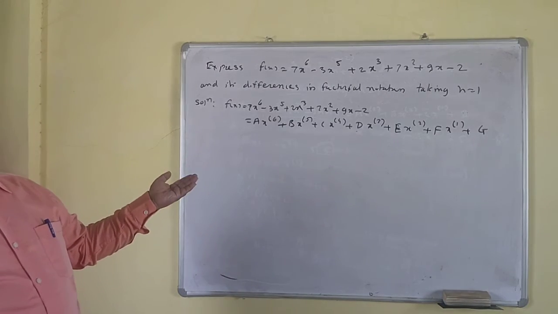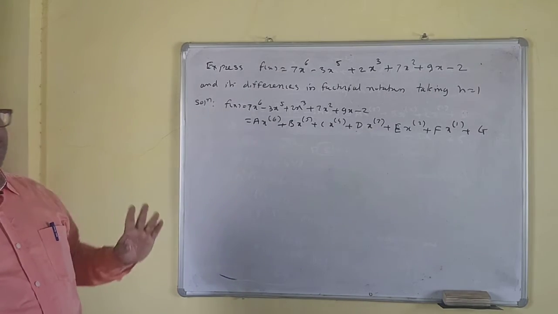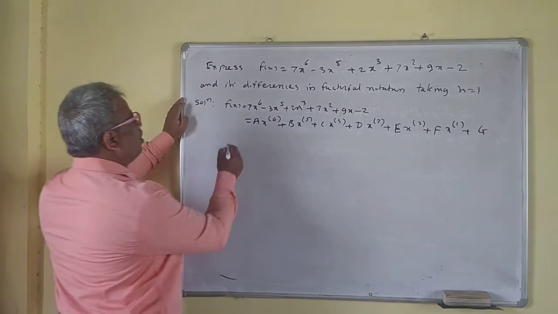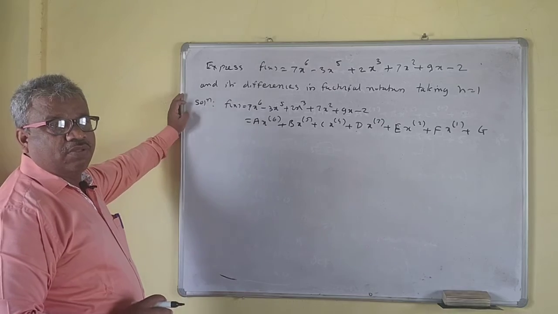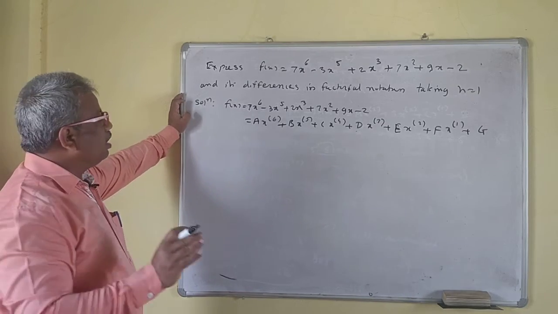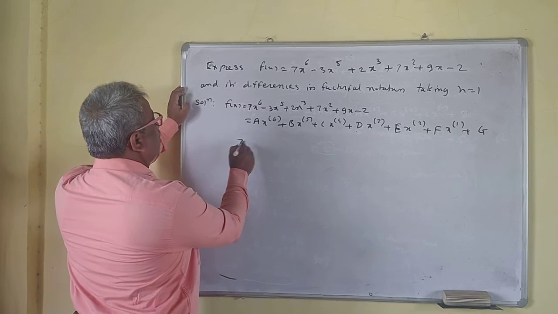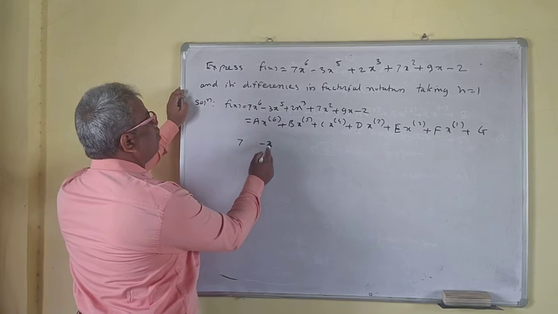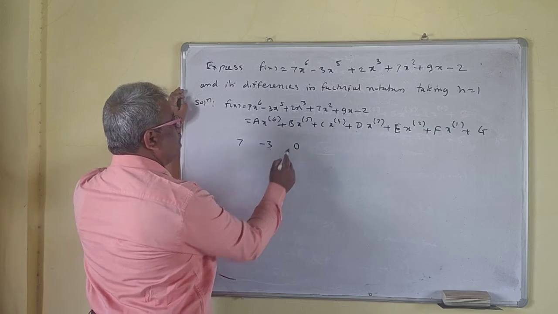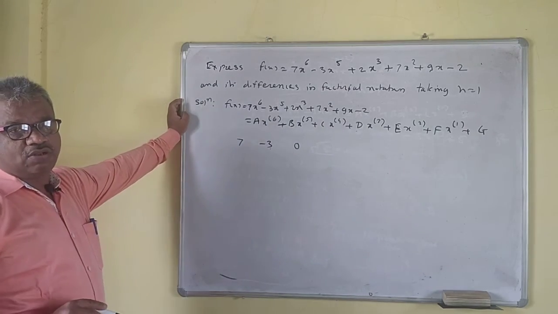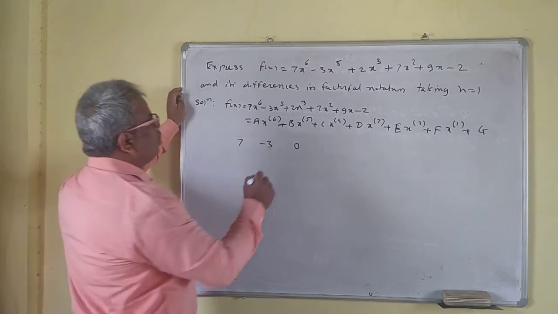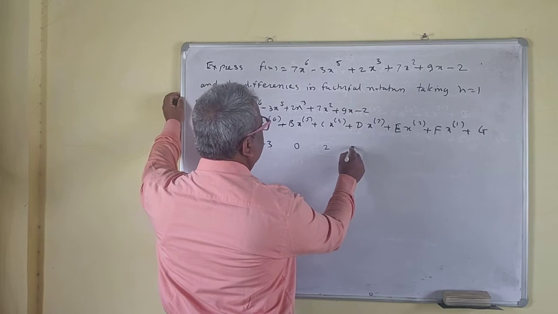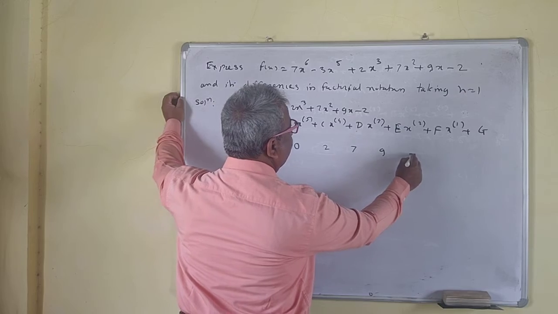So you use synthetic division so that you can easily find the values of a, b, c, d, e, f, g, right? What we'll do for that is write the coefficients of the given polynomial in decreasing order. Take care of this one: this is x to the power 6, x to the power 5. Now x to the power 4 is not there, so you have to write that coefficient of x to the power 4 also. This will be 0. Then power 4, power 3, power 2, power 1, and constant.